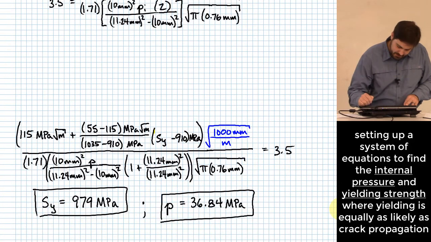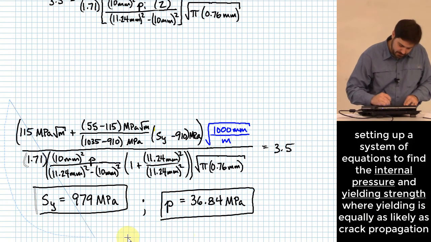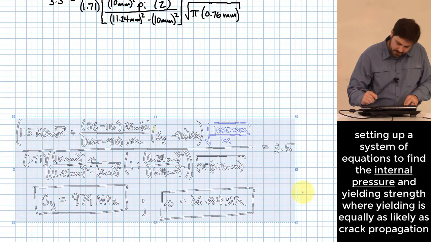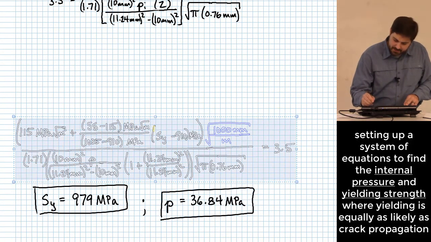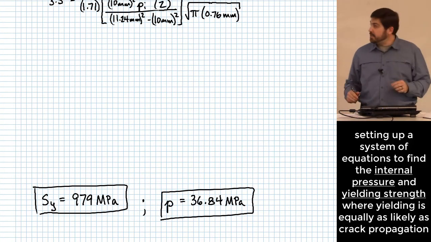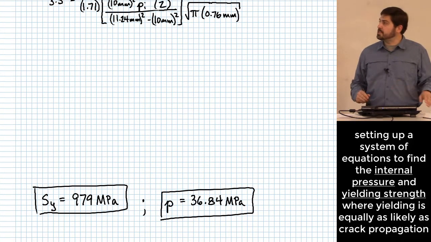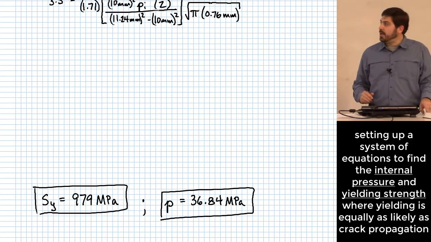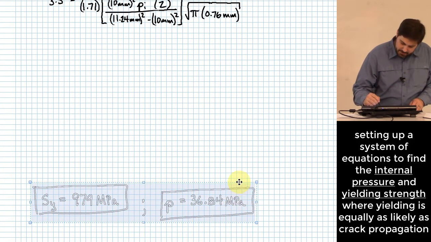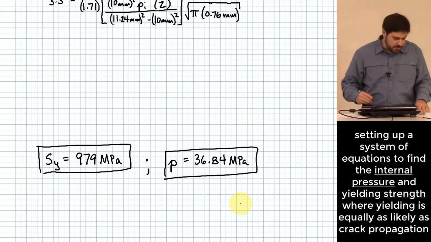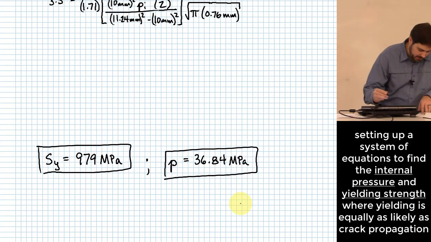Okay, actually, I think I had some stuff left over here. That looks like exactly what I have written above. But just to save us the heartache, it does turn out that S sub y calculates to 979 MPa, and P calculates to 36.84 MPa. For anyone who's interested, let me actually show you how this thing ends up. If you write it all out,